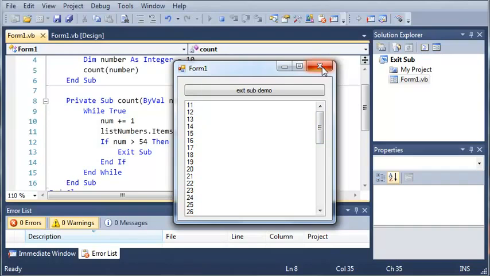Now you can also use this with a function. So go ahead and you can create a couple subs or functions, and you don't have to use a loop in them. You can do whatever you want. Practice exiting the subs based on a certain condition, and once you got that down and you're not going to forget it,